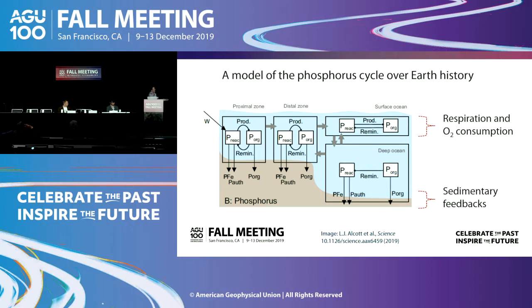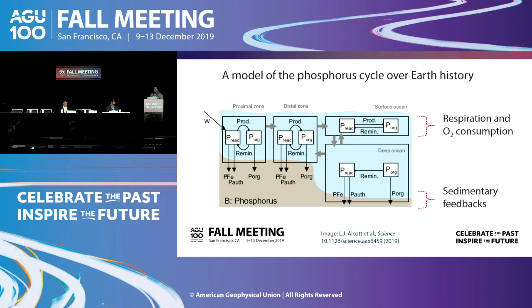Now, if you have an anoxic water column, you then start to regenerate phosphorus from the sediments, and this can then fuel further productivity and further anoxia. So this is kind of a positive feedback cycle, in that if you put phosphorus into a system, you drive it anoxic, you regenerate more phosphorus, and you keep that anoxia going.